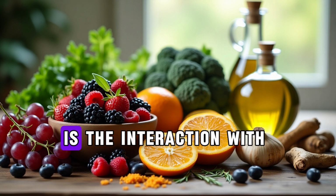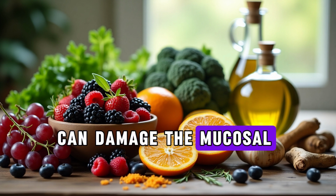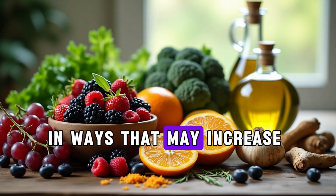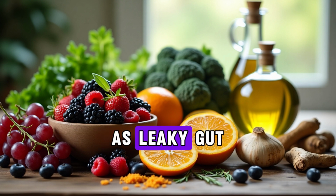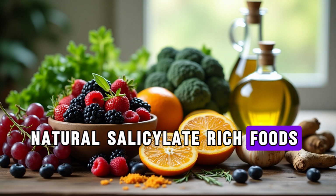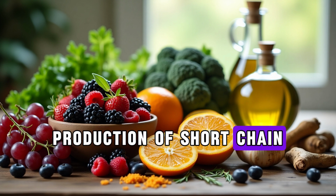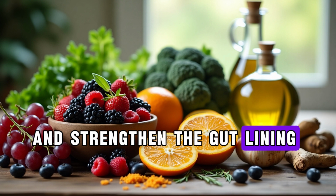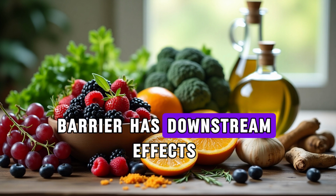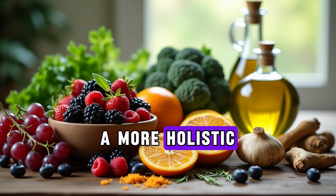Another key distinction is the interaction with the microbiome. Aspirin, while effective, can damage the mucosal barrier and alter gut flora in ways that may increase susceptibility to inflammation and permeability, also known as leaky gut. Natural salicylate-rich foods, by contrast, promote microbial diversity and contribute to the production of short-chain fatty acids like butyrate, which nourish colon cells and strengthen the gut lining. A well-regulated gut barrier has downstream effects on systemic inflammation and vascular function, creating a more holistic and sustainable method